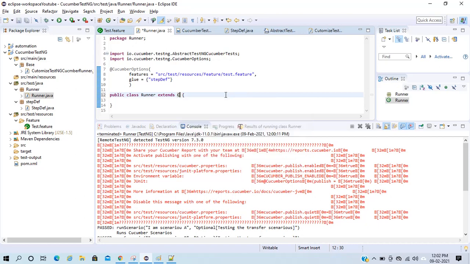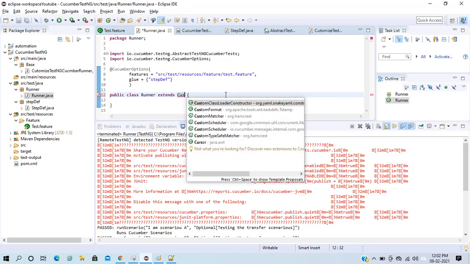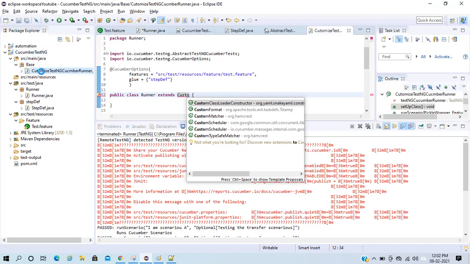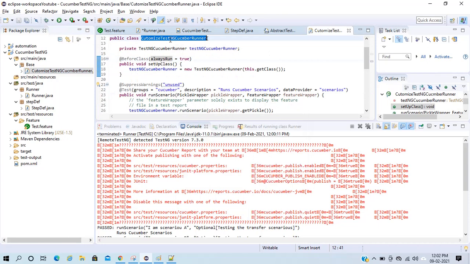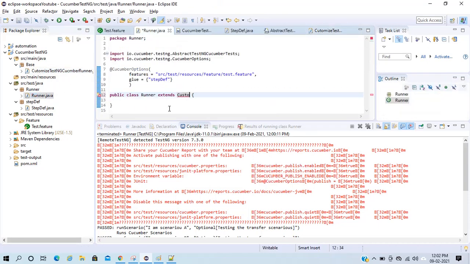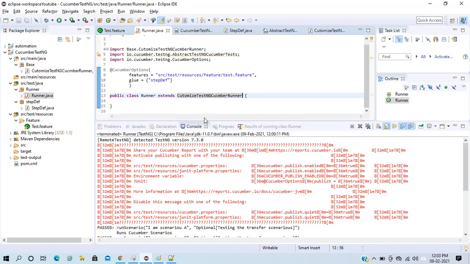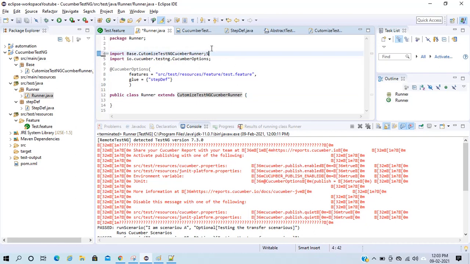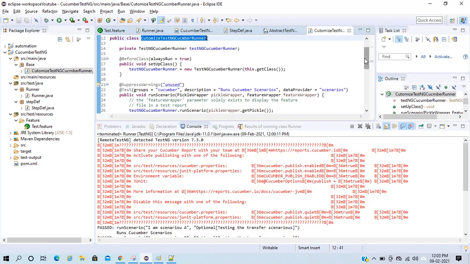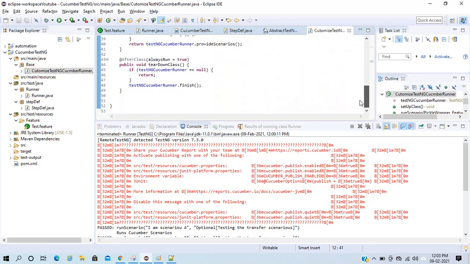Instead of that, I will extend my customized one. I will import this, and remove the import from the old one. This is my customized one, and everything is set.